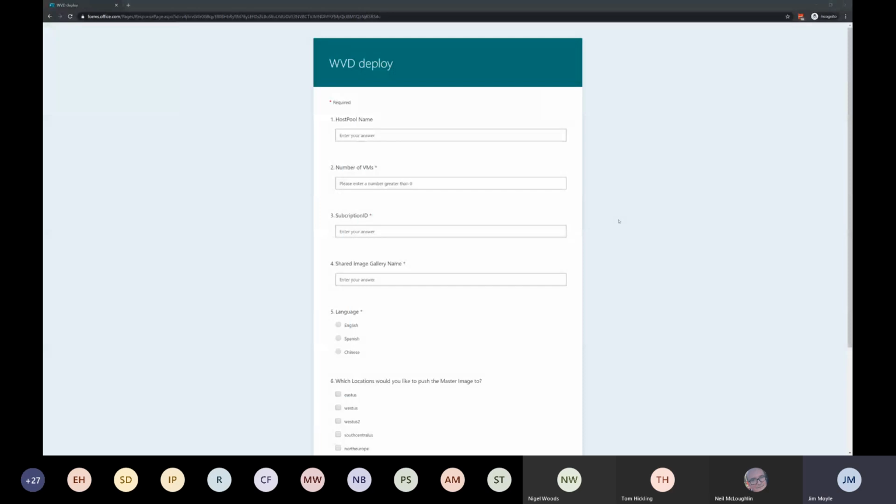So this is just Microsoft Forms, the least secure thing that you can possibly do. But I couldn't use the customer's Power App to do this. So let's have a look at how this works. All we're going to do is gather some basic information. Now, bear in mind with that